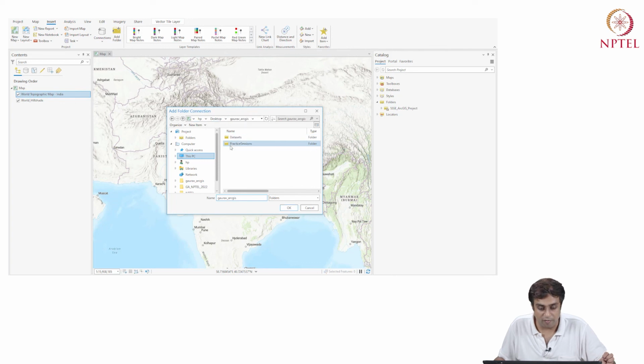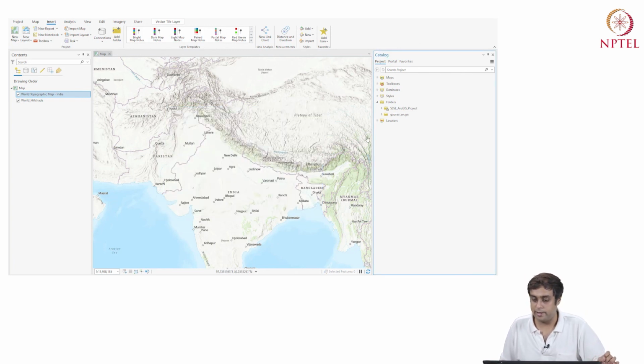So I'm going to say go to desktop, Gaurav ArcGIS, and add this folder. I'm not double clicking on the folder, just selecting the folder and saying okay. As soon as I do that, you see under folders, it has now added Gaurav ArcGIS.